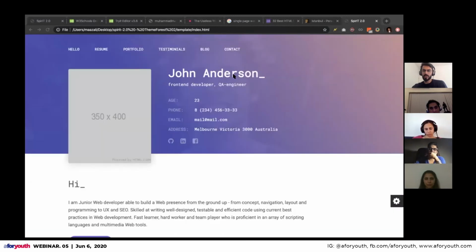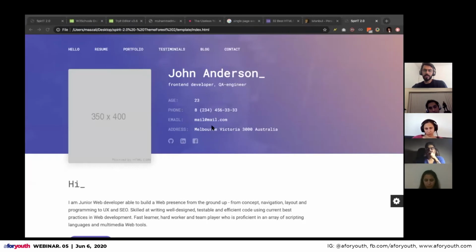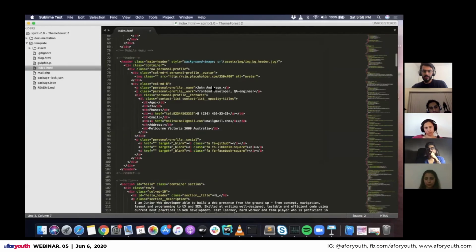So here you can see John Anderson, the subtitle, and all this information here. When you come here, you just have to find this text. What this says is, and then I'm going to just refresh the page, and it shows my name.